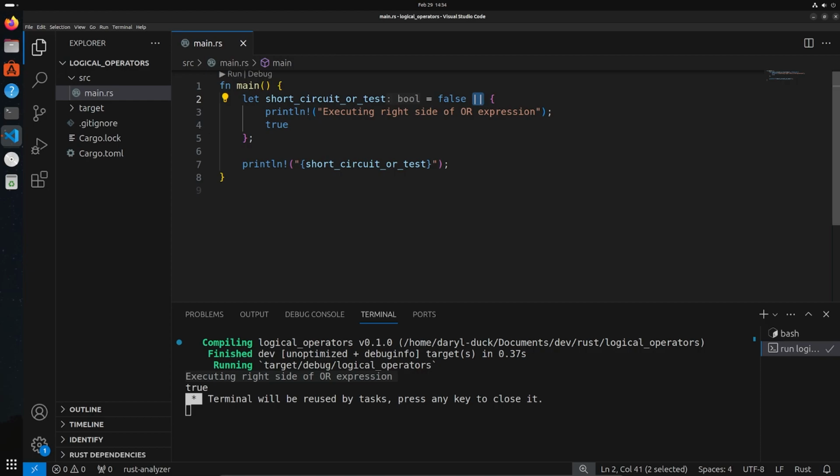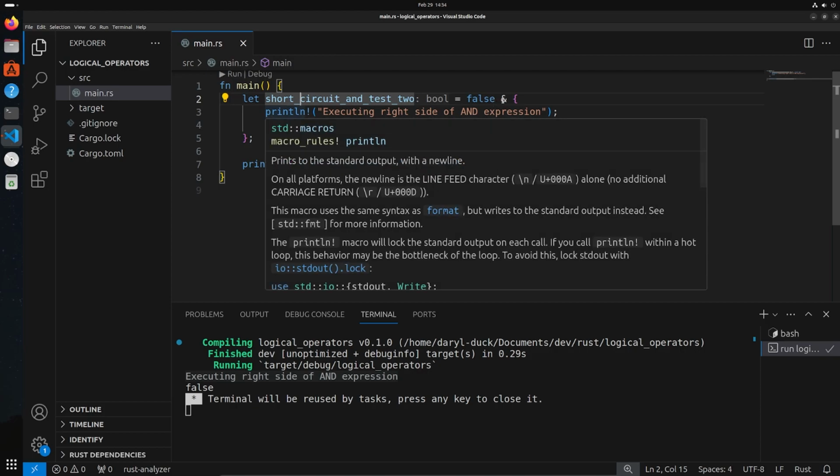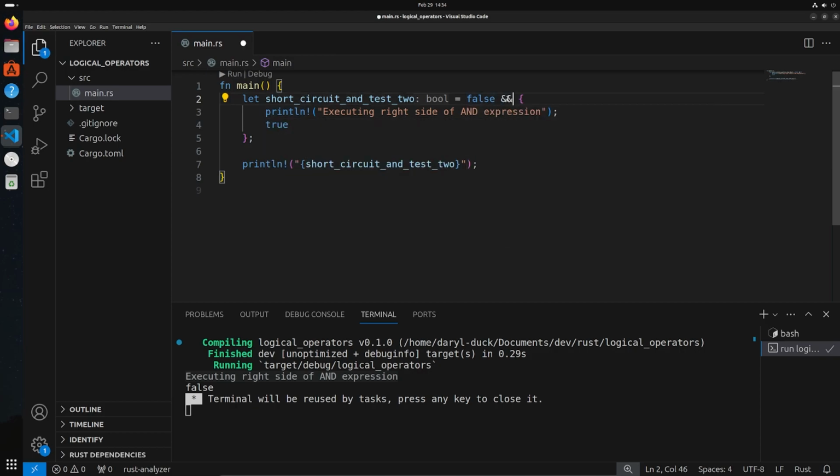Cool. So let's just quickly do another example with an AND. So I'm going to do the same thing. I'm just going to paste this in and print it out. And in this situation, the first value is false. And because I'm using the double AND, all right, so once again, I'll go to a single AND for a second. If I run this, it's going to execute both, right? Even though this is false, and it should return immediately, it will execute the second part. Cool. But if I add the second ampersand, i.e. now we're going to short circuit the expression. If I run this,